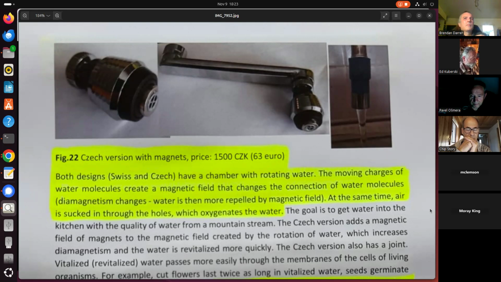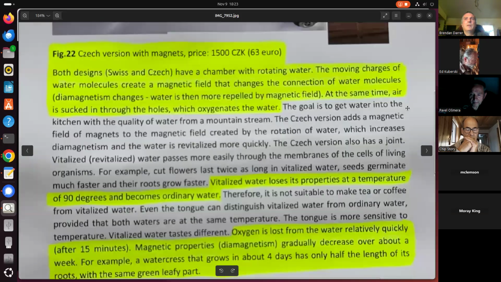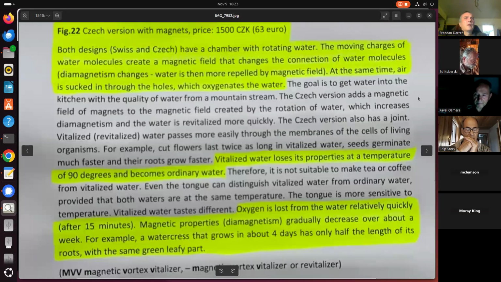Diamagnetism changes water. Water is then more repelled by a magnetic field. At the same time, air is sucked in through the holes, which oxygenates the water. The goal is to get water into the kitchen with the quality of water from a mountain stream, which is most amazing. The Czech version adds a magnetic field of magnets to the magnetic field created by the rotation of water, which increases the diamagnetism, and the water is revitalized more quickly. The Czech version also has a